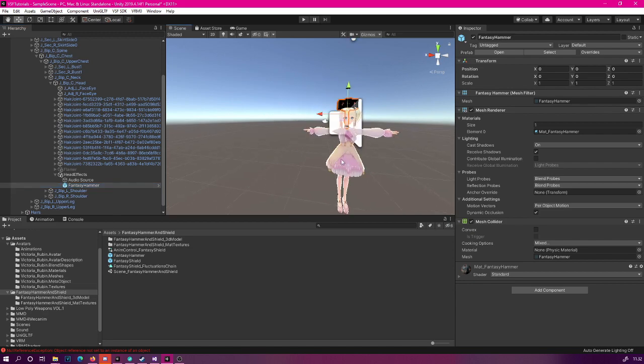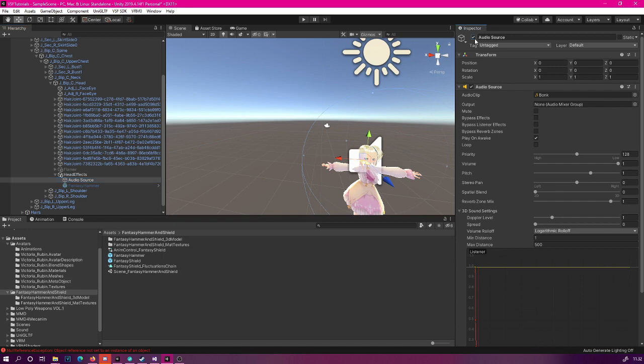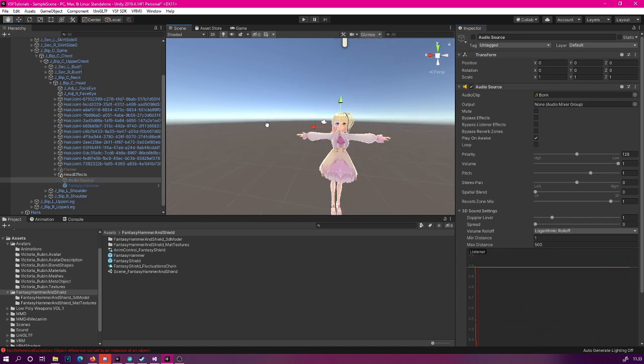Now we want to position this hammer at a default position where it will basically be spawning. So let's move it around here, and then we're going to make it inactive. We're also going to make the audio source inactive, like this. This allows us to play the effect when we want to.